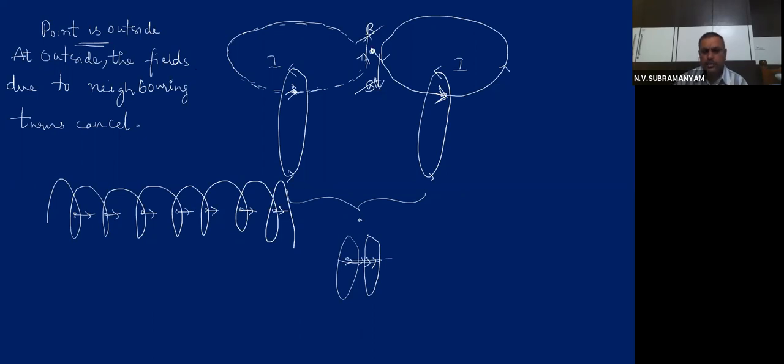So for any point which is outside the solenoid, the field becomes 0. Now you tell me, if a point is taken here, let us call this point P1. Here also one point I am taking, P2, P3, P4, like that. So these are all outside points. For all outside points, field becomes 0 because neighboring turns, magnetic field will get cancelled at outside point, whereas at inside points, fields are getting added up. So this explanation, please remember, children.